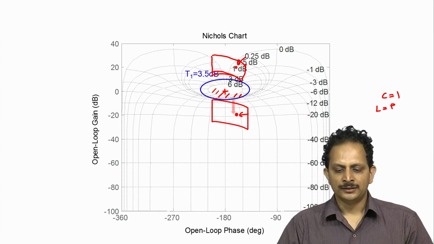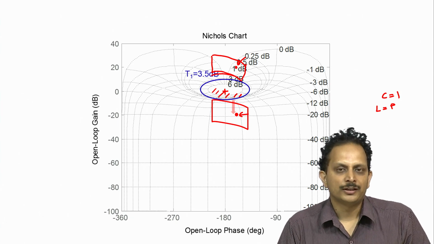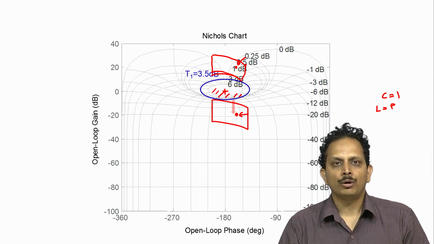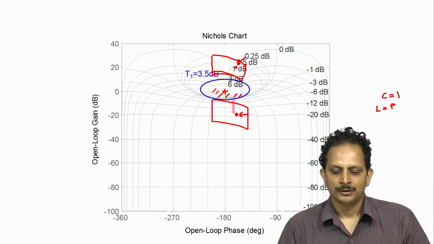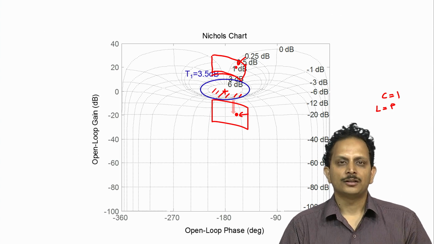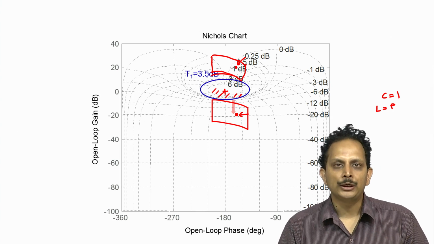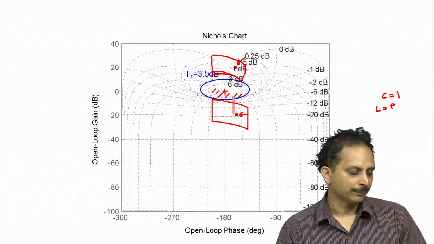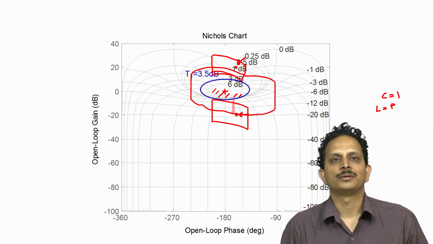Once again this can be either done graphically or it can be done with the help of a software, and by using the QFT toolbox we can automatically obtain the locations where the loop gain has to lie in order for the worst case plant to at most have a magnitude of 3.5 dB, and if we use a software to plot this curve it would look something like this.